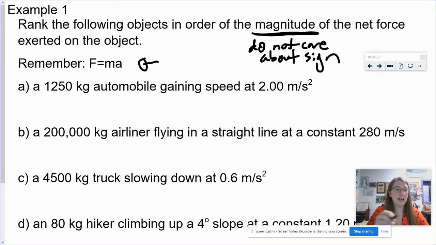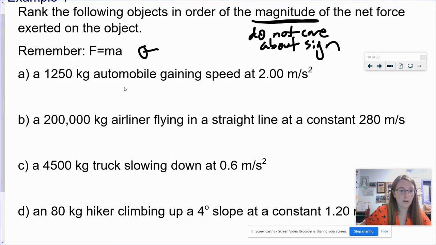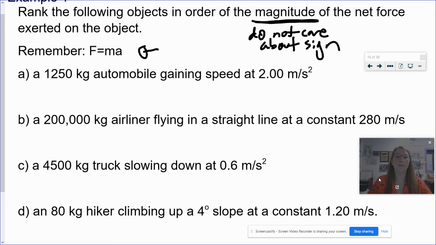So let's go ahead and I'm going to give you some time to try these. I'll do the first one, and then you guys are going to try the next three. And then you are going to rank them in order from greatest to smallest. So let's do this first one. We're talking about, again, that force equals ma. We have a